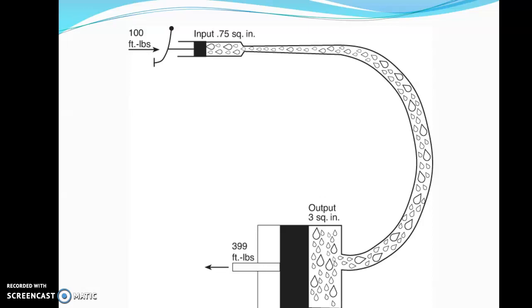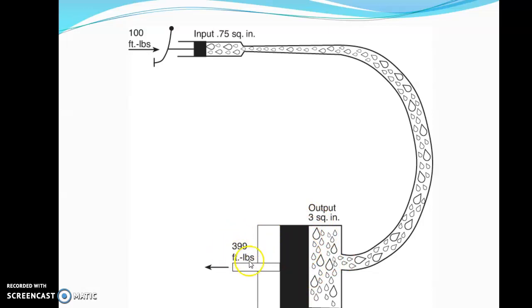So if we take a look, let's figure out doing the math on my phone real quick. According to Pascal's law, force equals pressure times area. This 100 foot-pounds and 0.75 square inch diameter right here is going to equal 133 pounds per square inch in this system. So when that 133 pounds per square inch pushes on a 3-inch square piston over here, it equals